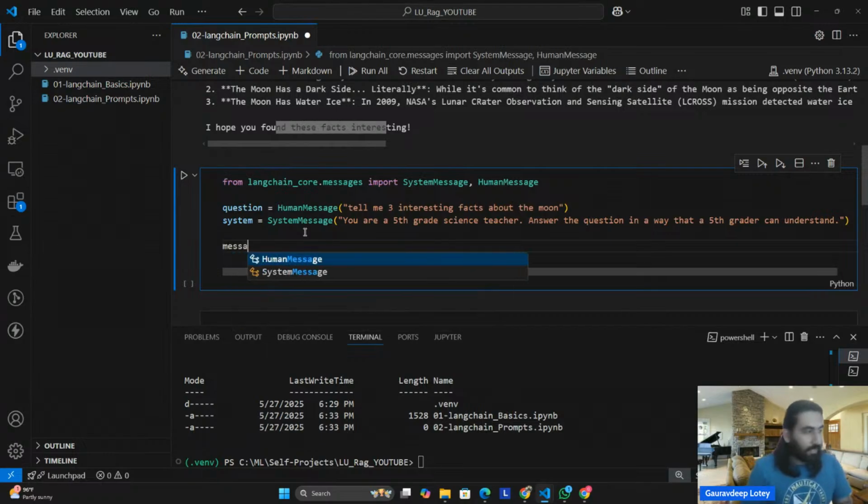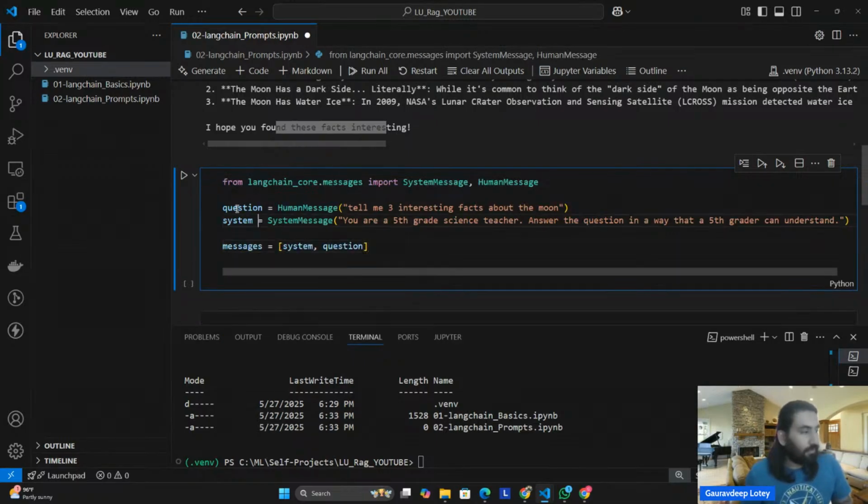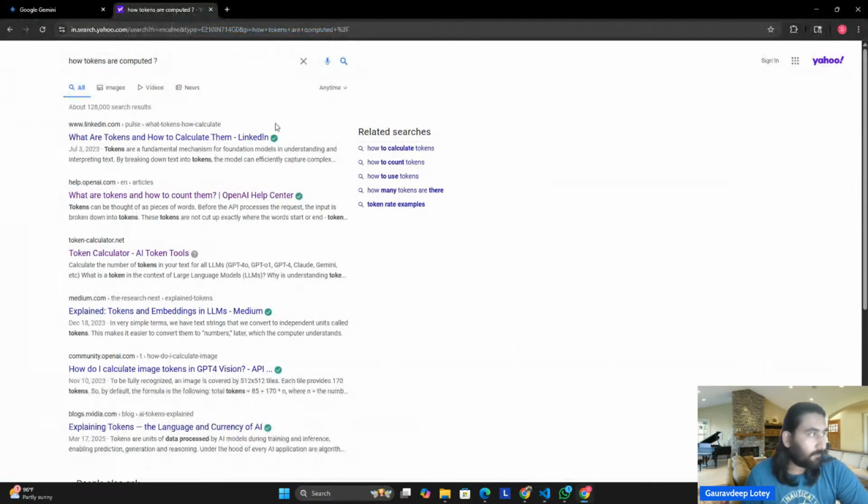Now I'll wrap everything in a messages variable, as LangChain would expect. Messages is equal to system and question. These are the variables which I have created, which hold the human message and system message right over here. Yes, Vegito, you are right. We have created a prompt over here. These are like prompts, but these prompts are system level prompts. Even a question is a prompt. So let me quickly walk you through